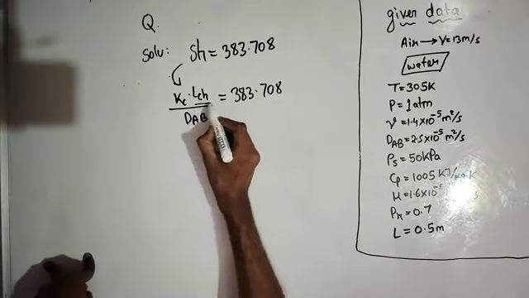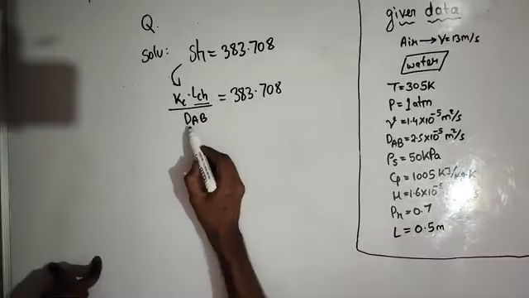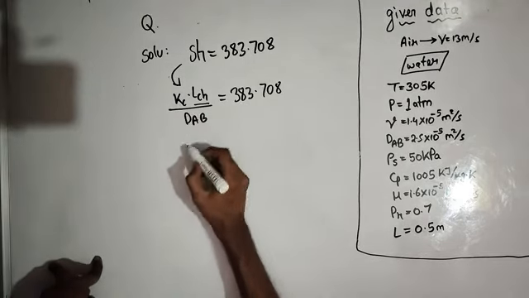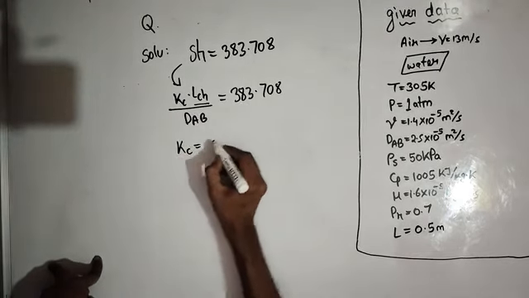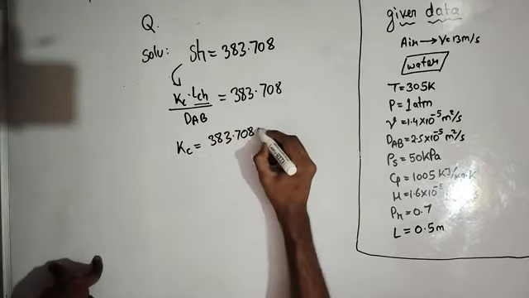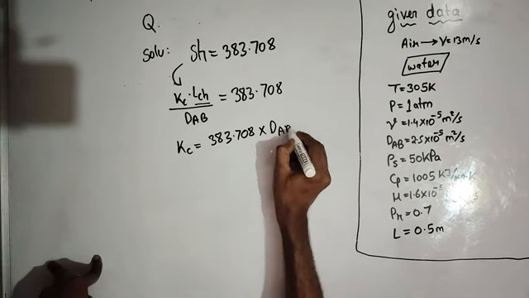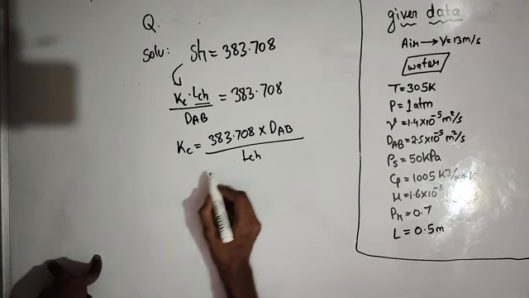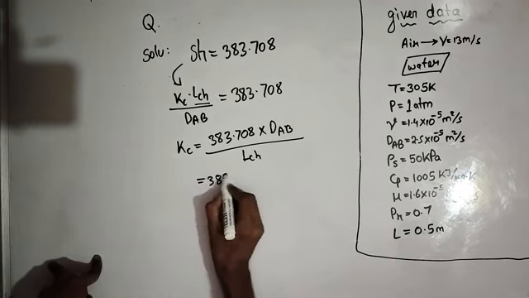We have the value of length and we have the value of diffusivity, so all that is left is the mass transfer coefficient. So we will rearrange this equation into diffusivity upon L. Now we'll substitute the values